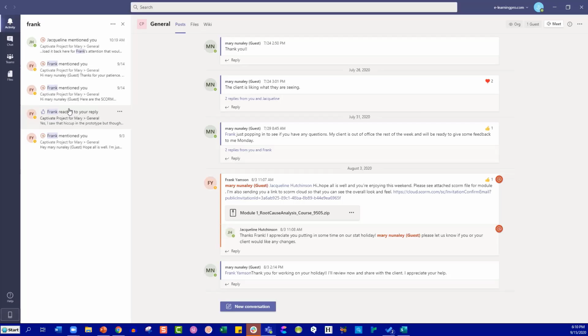Another thing, even though it's not meetings per se, this new conversation button is something new that Microsoft has introduced because a lot of users were having difficulty understanding the difference between reply and start a new conversation. And so for those that may not be familiar with this, think of it like an email. If somebody sends you a chat in Teams and you want to respond back, just hit the reply button. You're responding to that conversation and it stays with the conversation.